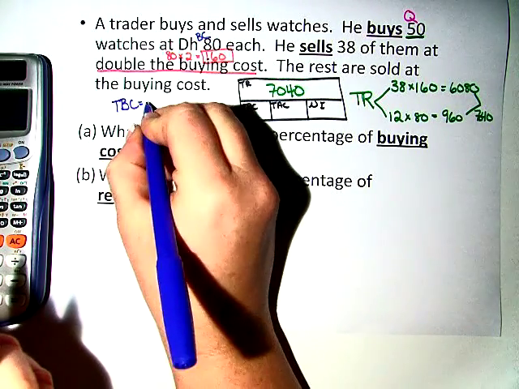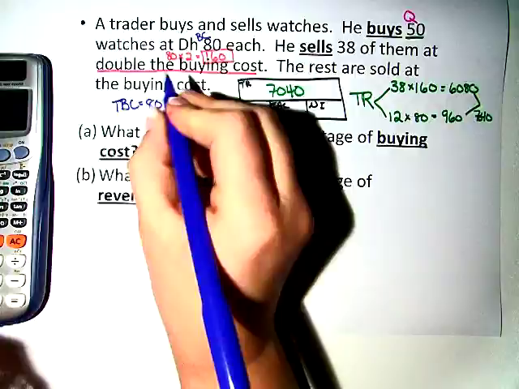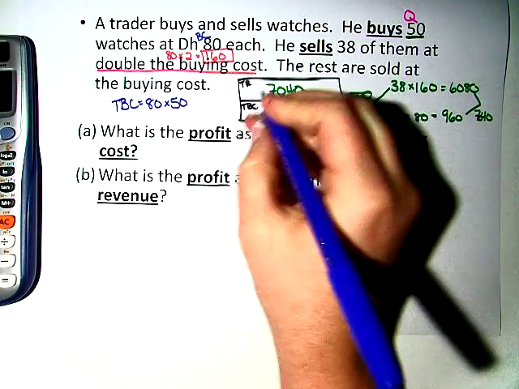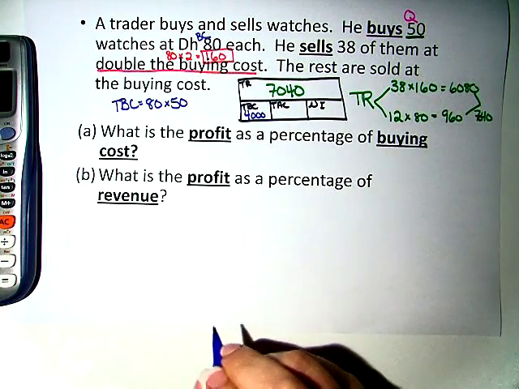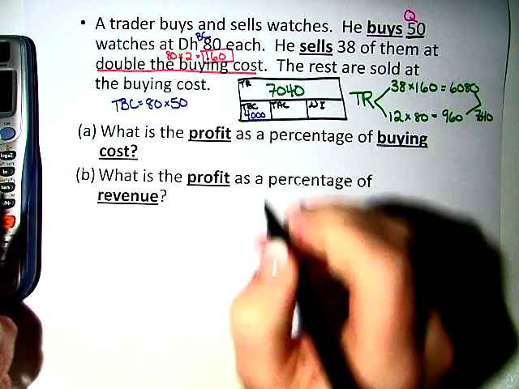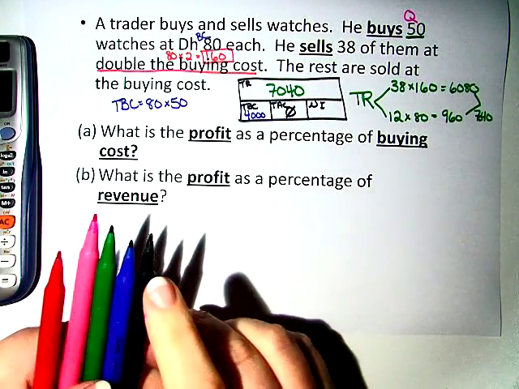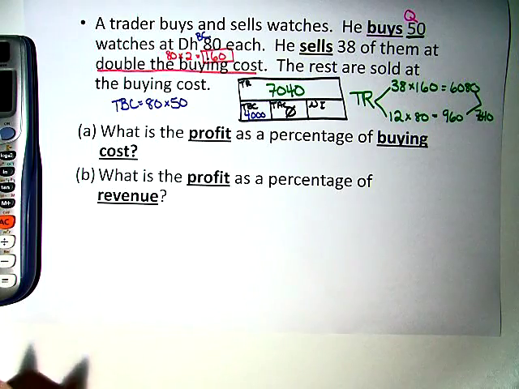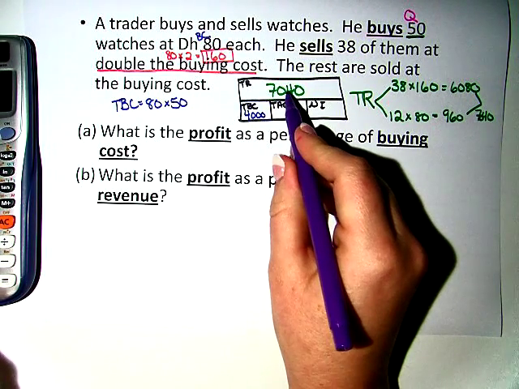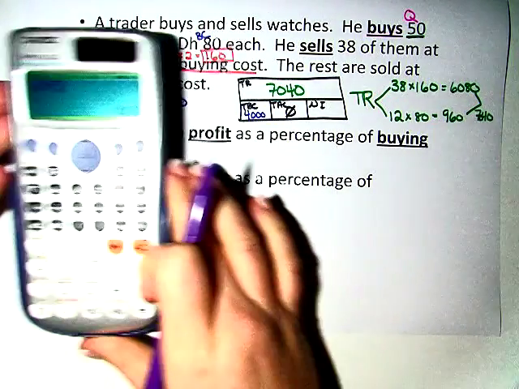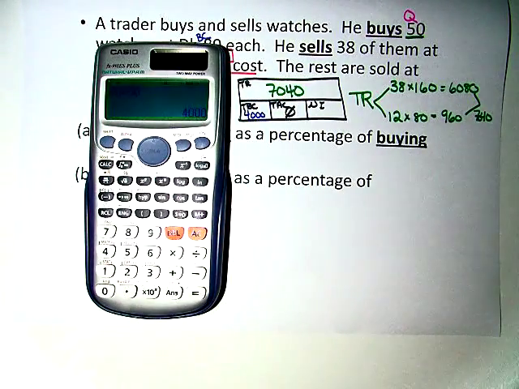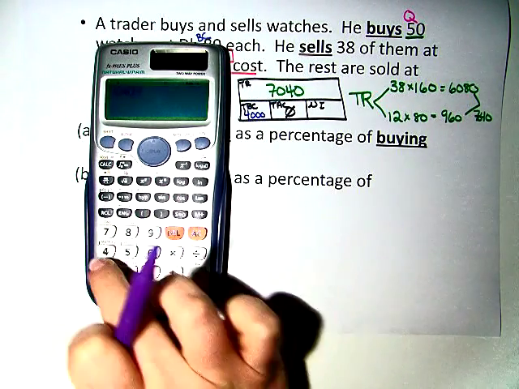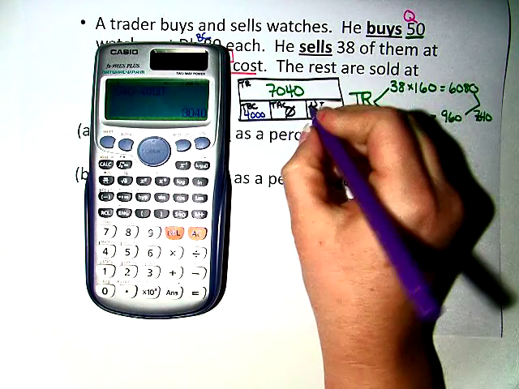Now to find the total buying cost, we have to take the buying cost of 80 and multiply it by the quantity of 50. Okay, 80 times 50, and that gives me a total buying cost of 4,000. Now it doesn't mention anything about additional cost, and when it doesn't mention anything, we assume it to be 0. Now the last thing we need is the net income, and we do not actually know the net income. But I know that 4,000 plus this is 7,040. So therefore, the total revenue minus the total buying cost should give us the net income when the additional cost is 0. 7,040 minus 4,000 gives me a net income of